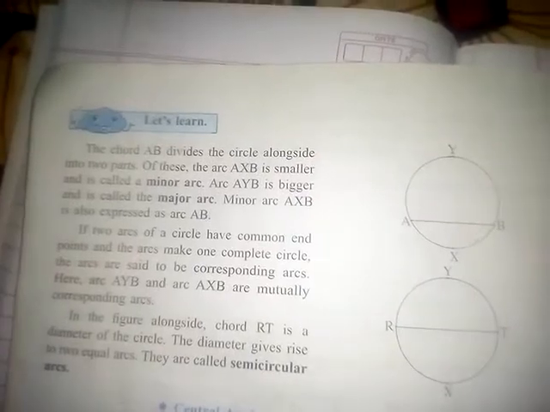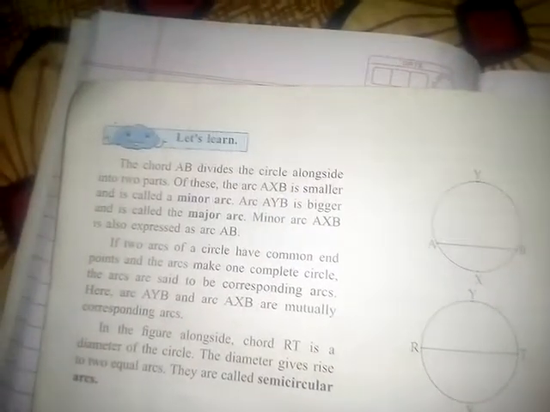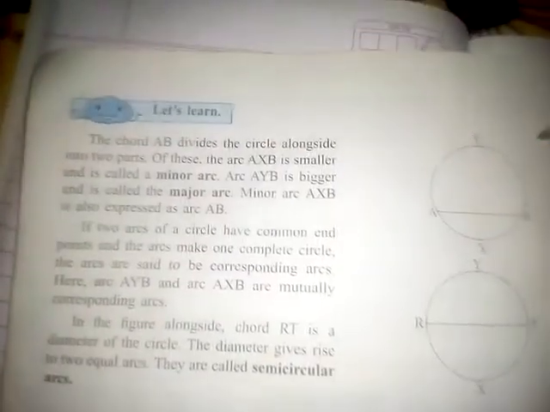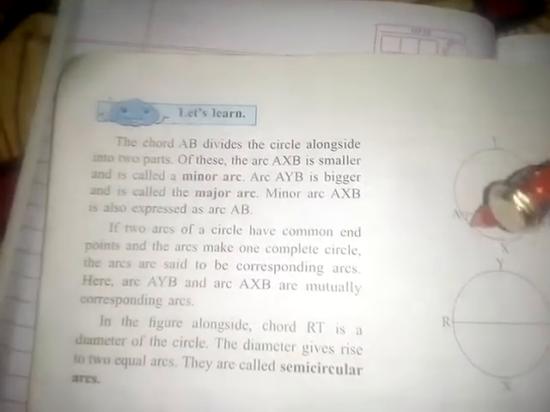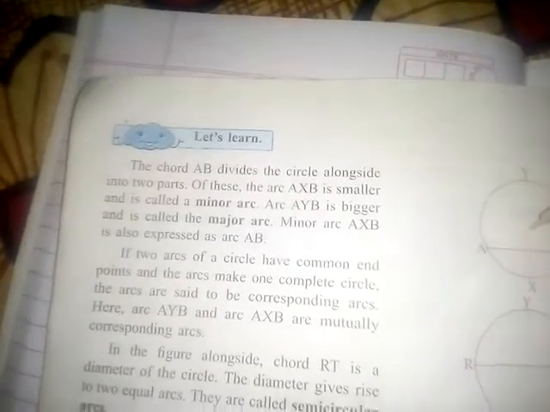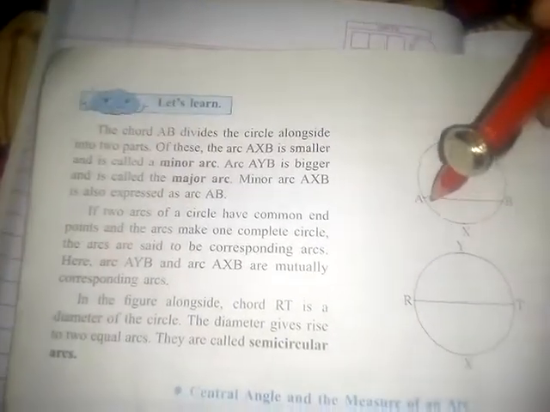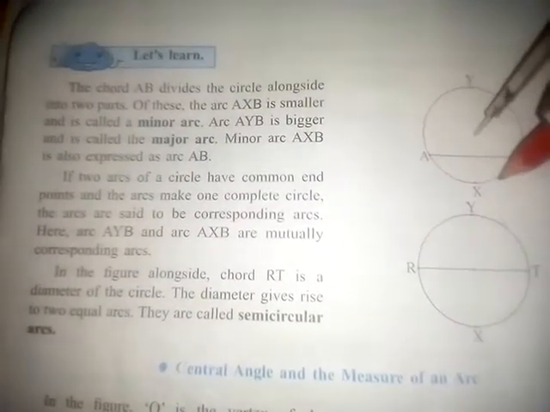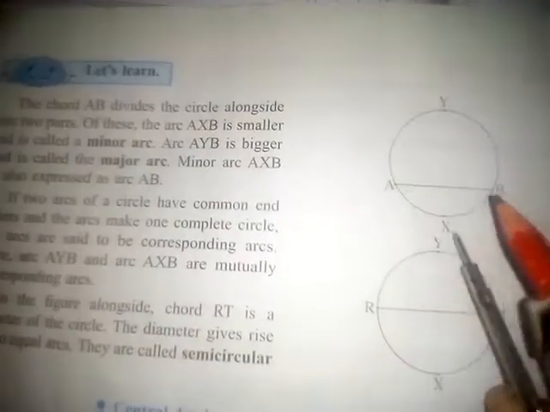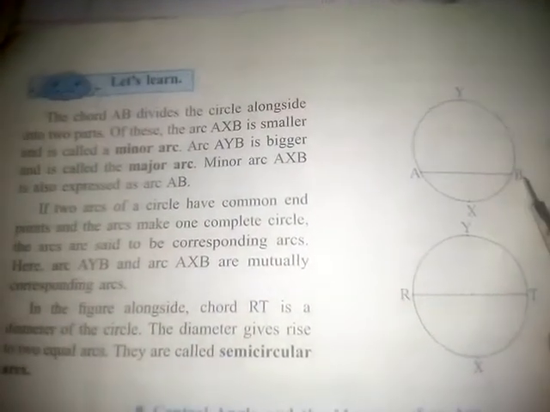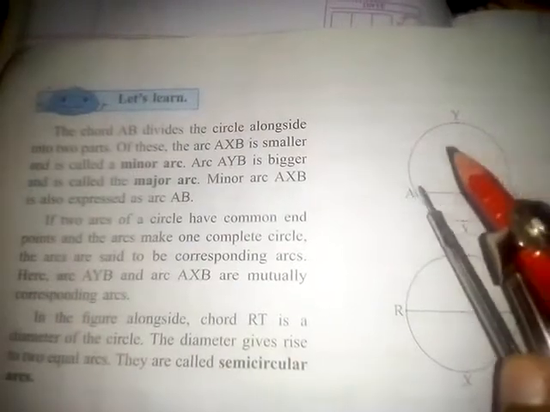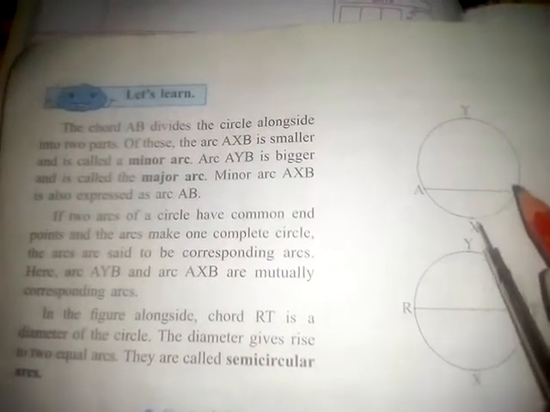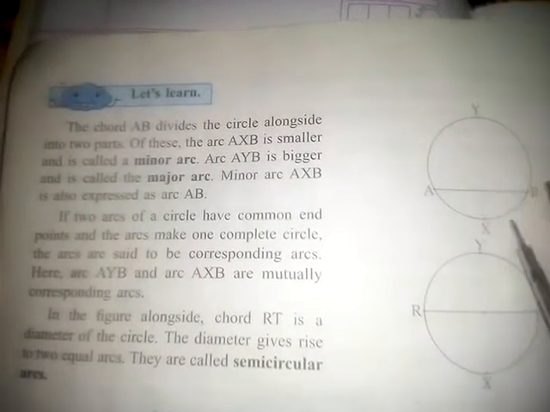See, if I draw this small portion of circle here to chord AB, it will get short distance, small part of arc of a circle. Okay, so arc AXB is minor arc. You can name 2 points also for the minor arc. It has a short distance over here in arc AXB.